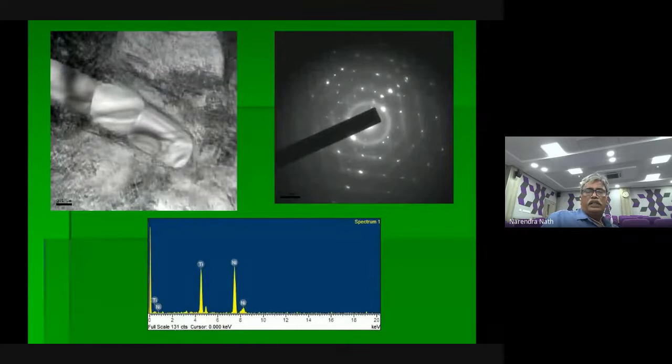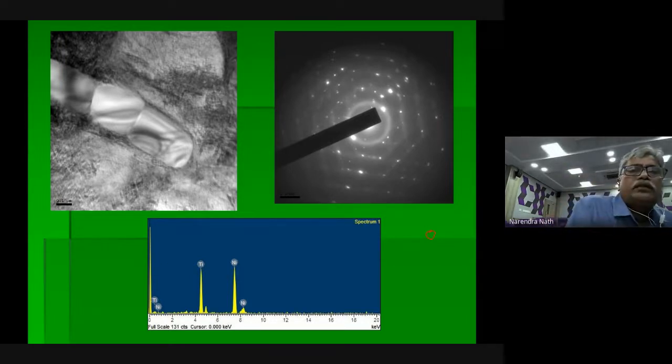One is the transmission electron microscopy studies we did. For this, you have to have a very thin 3 mm sample. Thickness is in microns, and you have to polish it, and centrally you should get a small hole. Then they will do ion beam milling. If you hold it with forceps and see, the light should transmit to the other side. Then they will place it in the TEM.